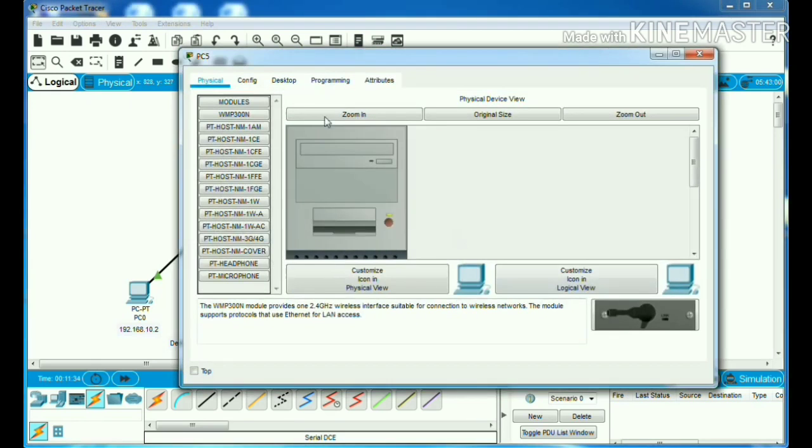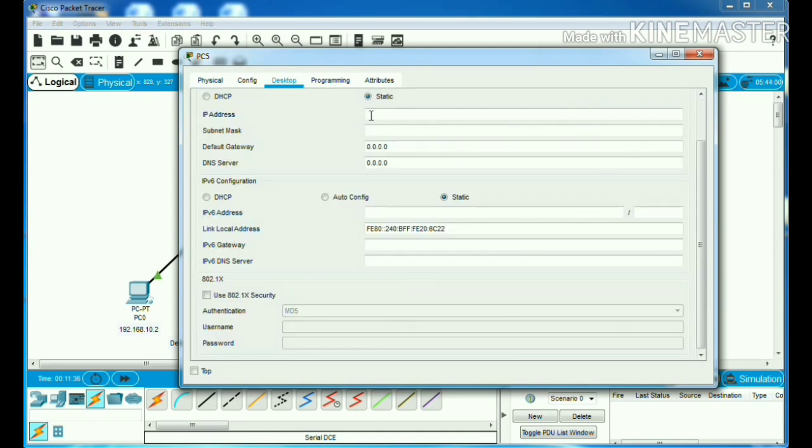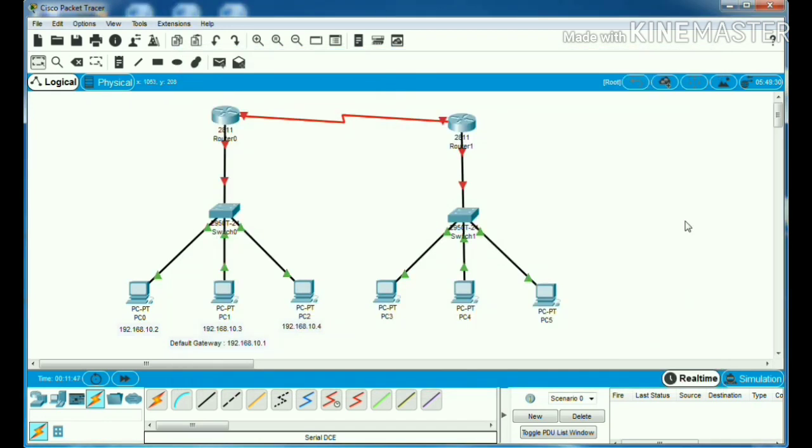PC5, desktop, IP configuration, IP address 20.4 and default gateway is 20.1. So the IP address of PC3 is 20.2, PC4 is 20.3, PC5 is 20.4 and the default gateway of PC3, PC4 and PC5 is 20.1.